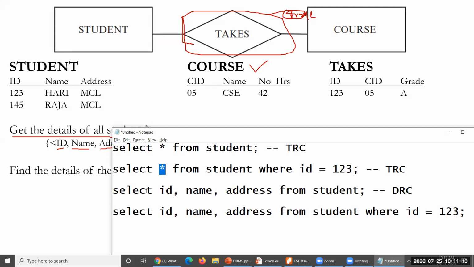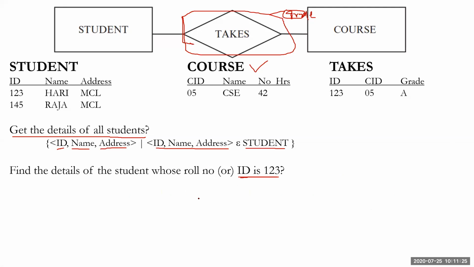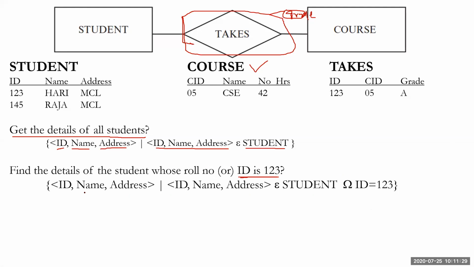One row will be identified by a tuple, whereas if you want to specify in terms of domain relational calculus, you need to mention each and every attribute. Then the condition will be seen in such a way. To specify the condition in domain relational calculus, big omega can be used. Look at this. Everything will be specified, and then all belong to student, such that